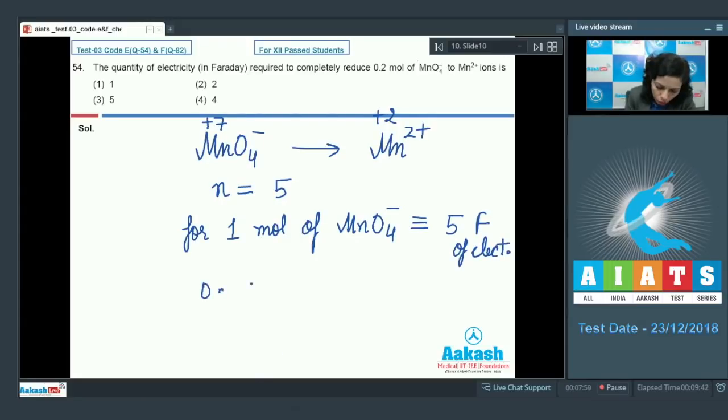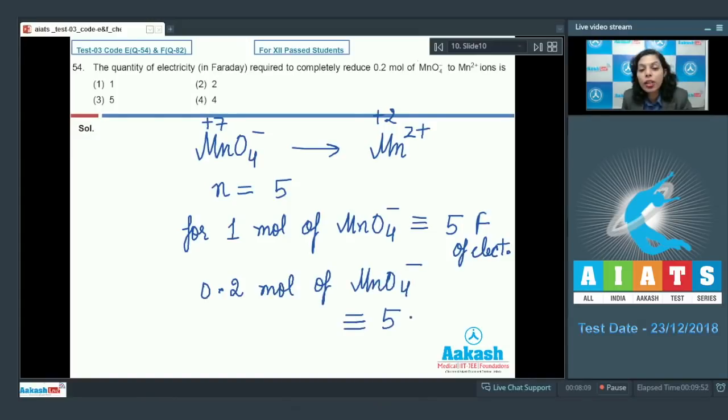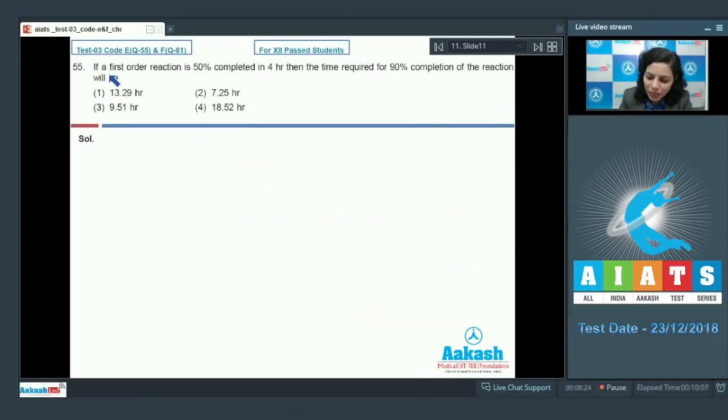Now you have only 0.2 mole of permanganate ion. Then definitely the Faraday of electricity would be 5 into 0.2. It means 1 Faraday you need. And that option is given in option 1. So the answer for this question is option 1 also. Now after this, question number